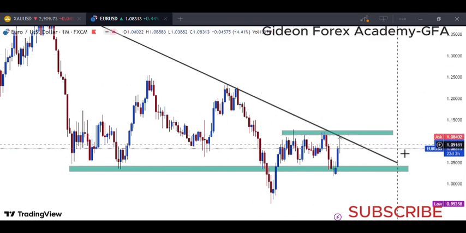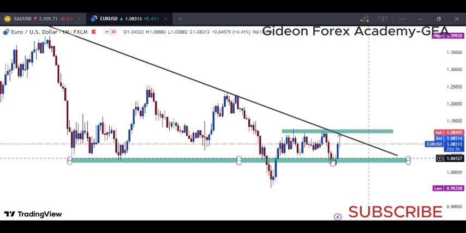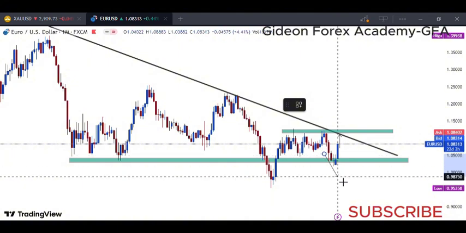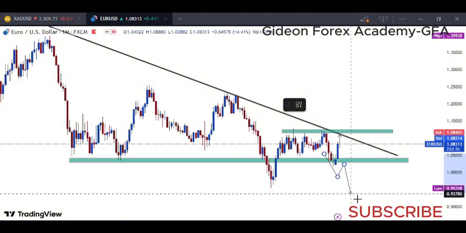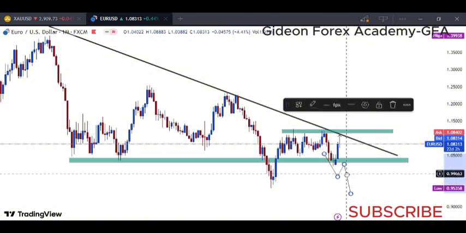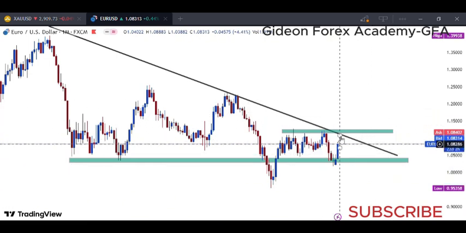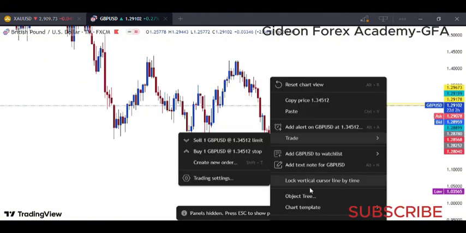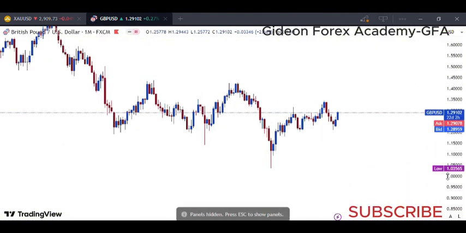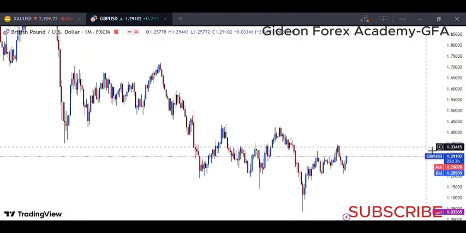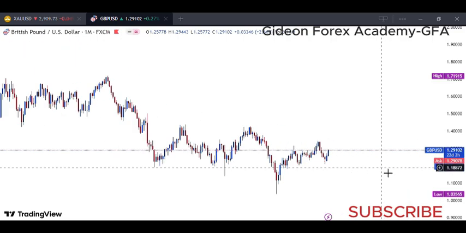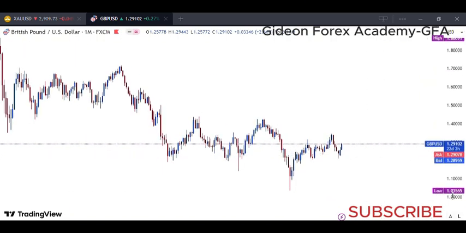It was a very nice setup. Everyone was anticipating this drop, but it did not drop. So that rise there also, many traders saw this bullish momentum and bought Euro USD until this point here. The same applies to GBP USD. Okay, you can see it's the same. GBP USD and Euro USD have a positive correlation. That means they move in the same exact direction.